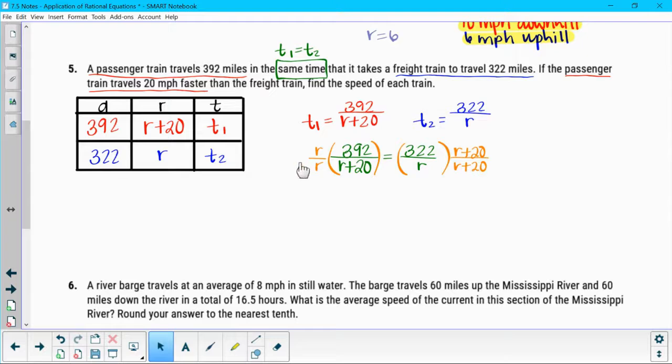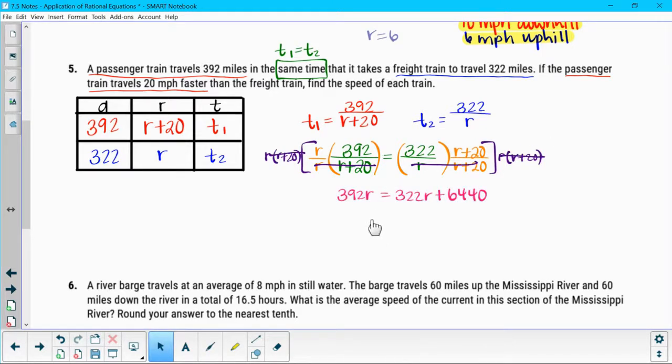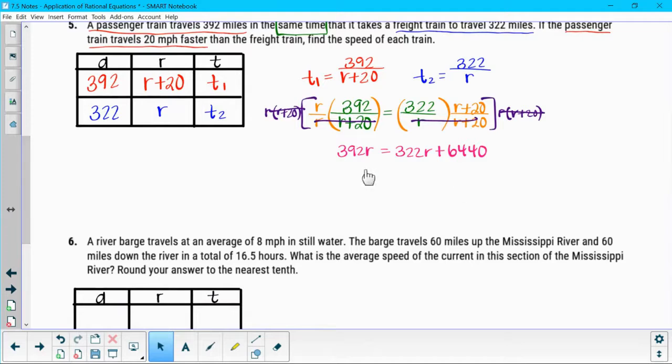Now that they have a common denominator, I can cancel that denominator out, leaving me with just my numerators. So that's going to be 392r is equal to 322r plus 6,440. I know, seems like big numbers, but we're going to move everything around. So I get 70r is equal to